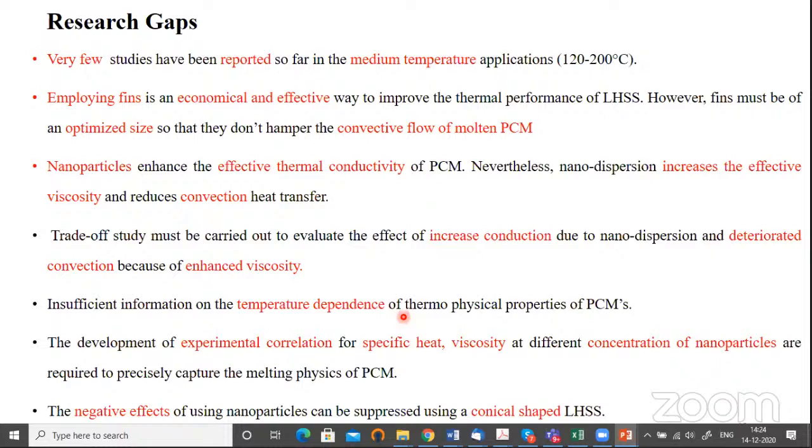And of course, we should also look for an optimized size of the fin so that it will not hamper the convective flow of the molten PCM. And then there are very few studies pertaining to nanoparticles which can enhance the overall thermal conductivity of the latent heat energy storage system, so that we will have a proper dissipation of heat whenever it is required. There are very few studies to find out how the conduction and convection